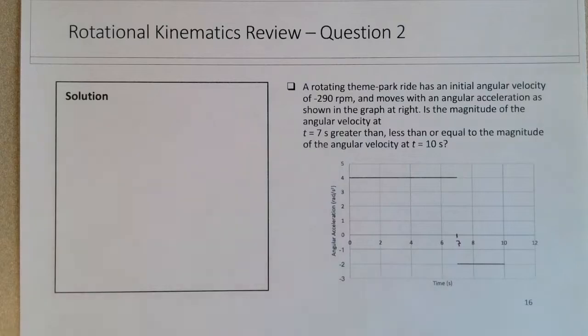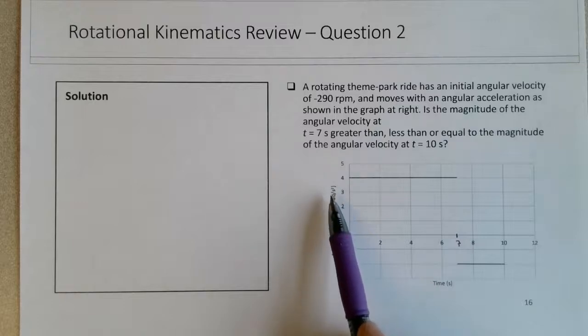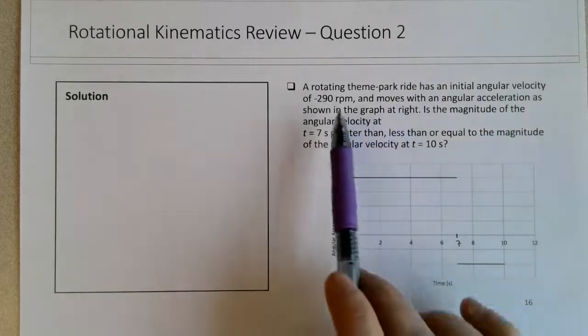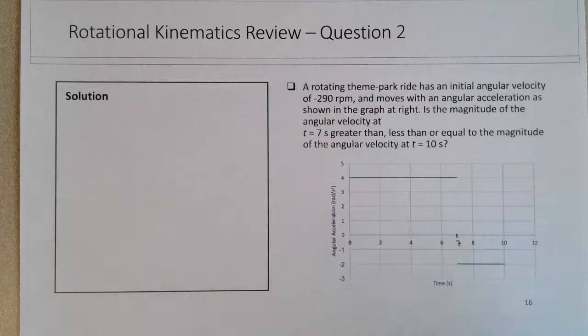So this is an angular acceleration graph, and the area under that curve will give us delta omega. So we have to use the graph, or use constant angular acceleration kinematics, to figure out the angular speeds at t equals 7 and t equals 10. Since the angular acceleration is in rads per second squared, and the initial angular speed is in RPMs, I'm going to first convert that initial angular speed to the correct SI units of